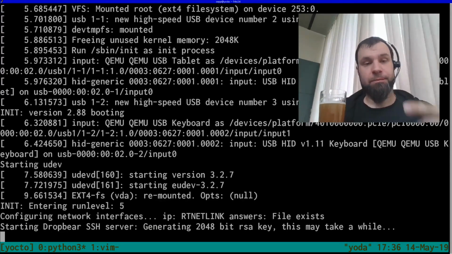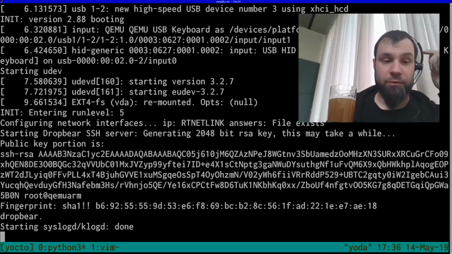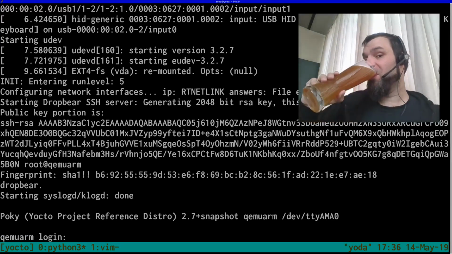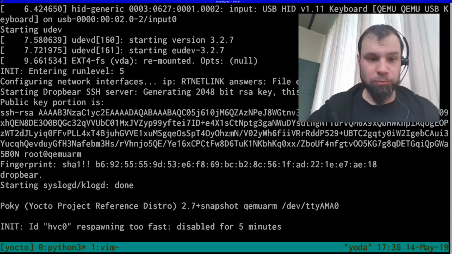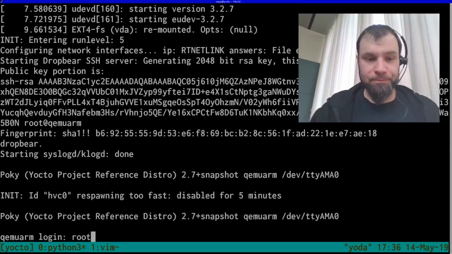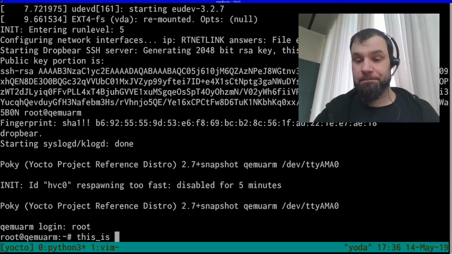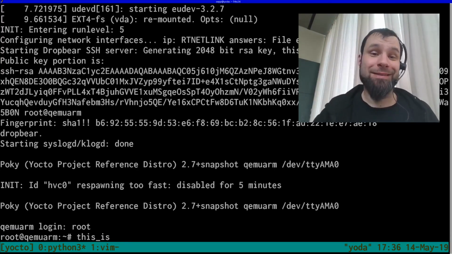Probably this now recreates new SSH keys. Reminder to my future self: remove Dropbear again. So this is there, and surprise, surprise,